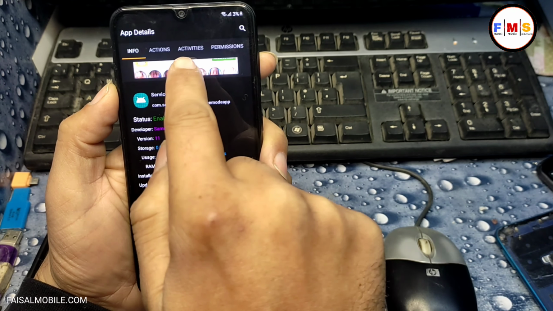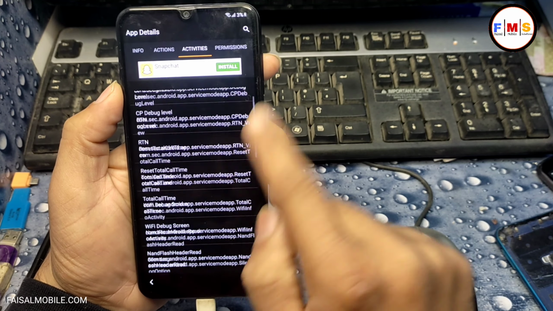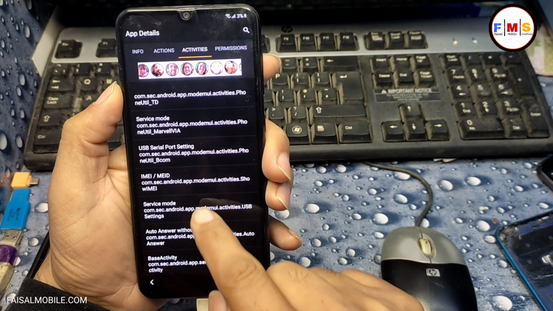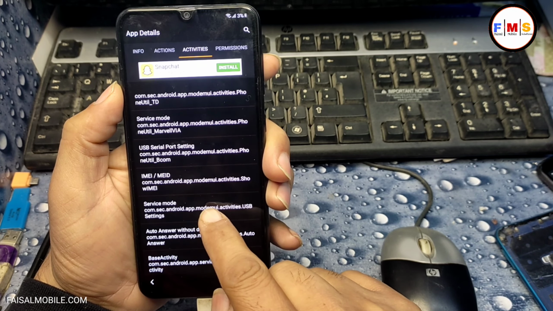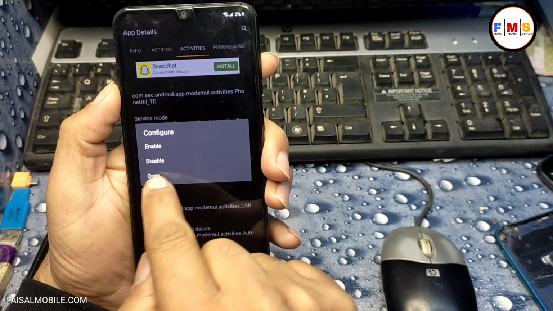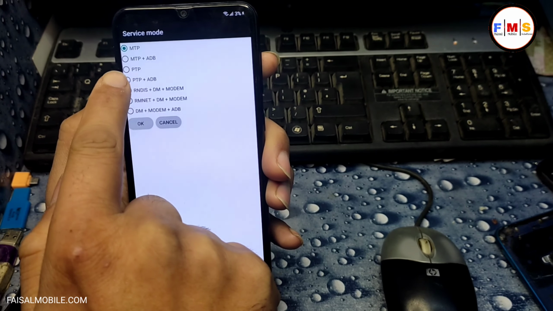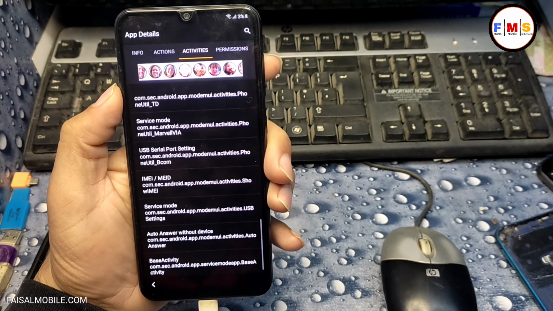Now click on the activities, and here we need to scroll down at the bottom, at number 3, service mode, click on it. Now click on the open button here, and here we need to select MTP plus ADB, click here,